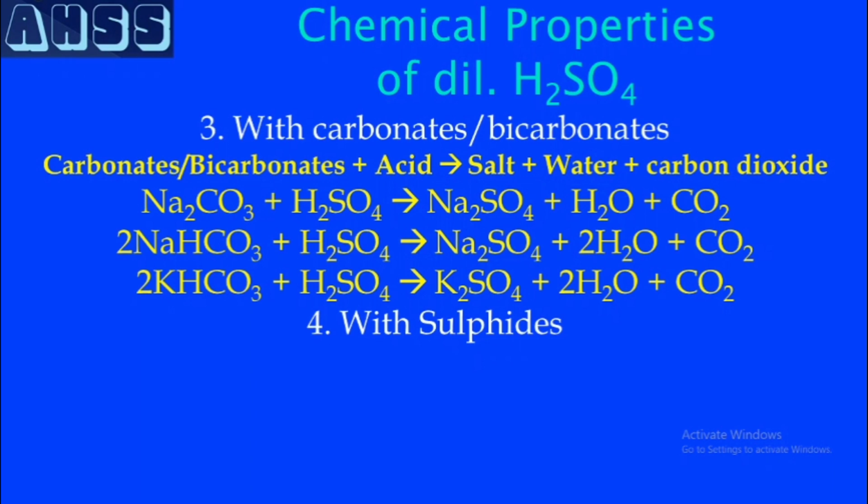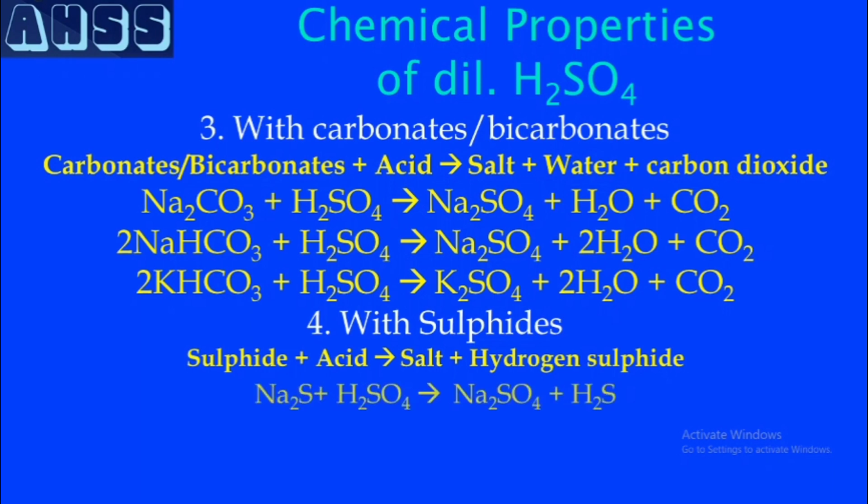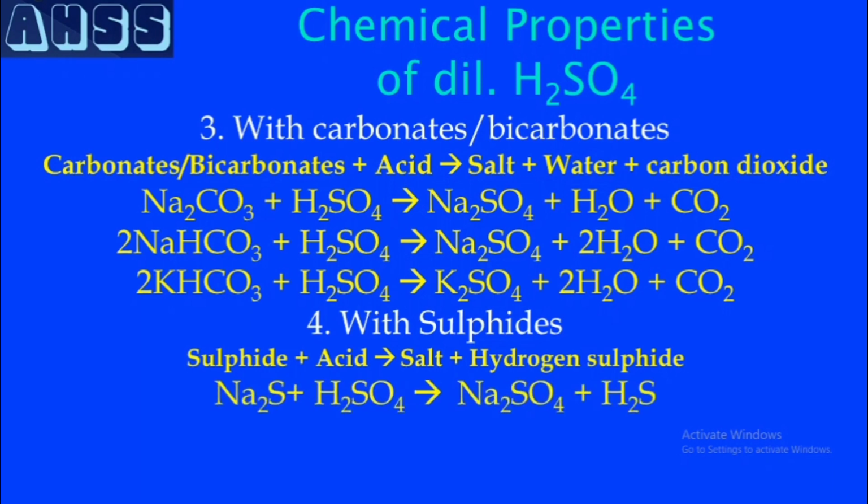When sulfite salt reacts with dilute sulfuric acid, then the sulfate salt will be formed along with the evolution of hydrogen sulfide gas. Children, you must remember hydrogen sulfide gas is a gas having a rotten egg smell. From the typical smell, we can identify hydrogen sulfide gas. So when sodium sulfite is treated with sulfuric acid, then sodium sulfate and the gas with rotten egg smell, that is H2S gas, is produced.